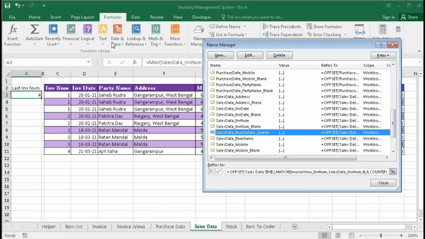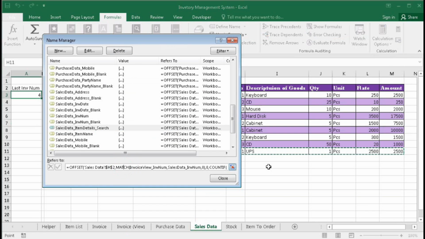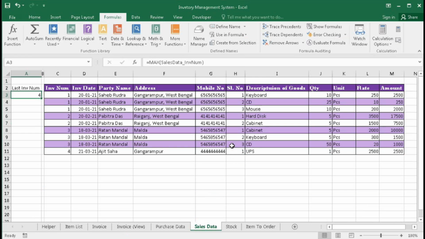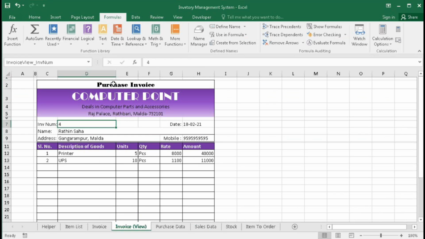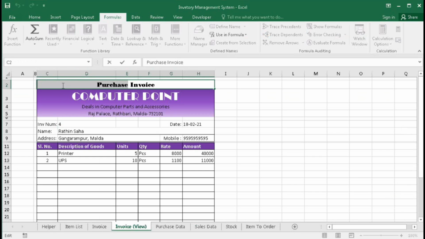So invoice number 4, this is the last one only. So see, only one row is selected. So now we will check it for sales. So go here, type here sales invoice and run the code.